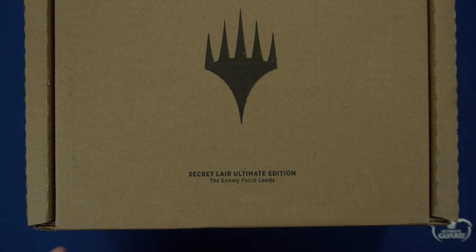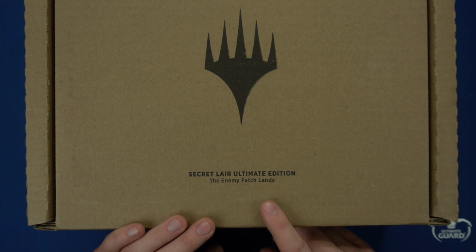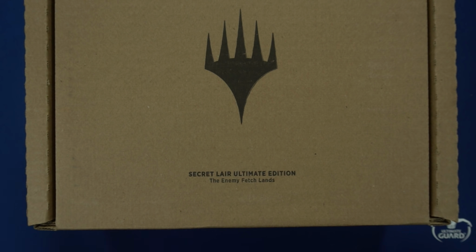So let me give you a little bit of a history of the Secret Lair Ultimate Editions, how much I was able to sell them for. At first, I was selling these all the way up to $400 for a Secret Lair Ultimate Edition, and that wasn't too far-fetched because the lands themselves were worth about that at the time of the printing. So it was basically, you paid market price for the five enemy fetch lands, which is around $400 at the